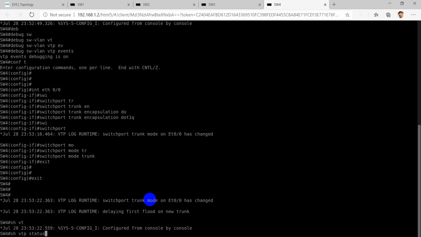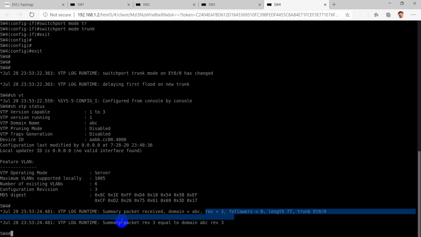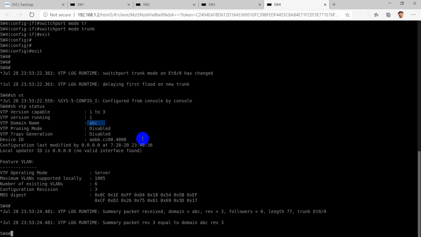Show VTP status. You will see that it has received the domain ABC with the revision number of 3 now. So it has set its domain name as ABC, and now the VLAN 10 is also here on this switch.